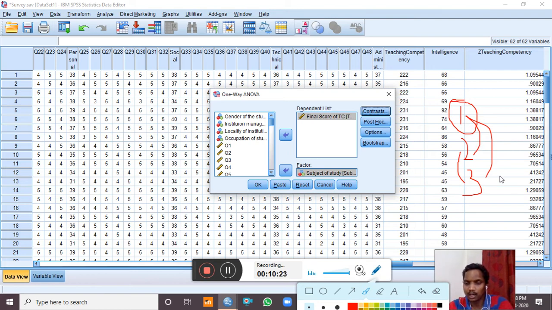When we do ANOVA, we will get the result, but we don't know which group has the significant difference, which means are significant among which groups. So in order to see which groups are significantly different in their means, we do the post hoc test. Let me repeat, to see which groups are significantly different among the 3 groups, we will do the post hoc test. In the second box you can see post hoc test. So we will also select the post hoc test.